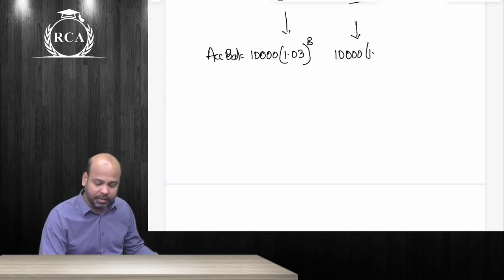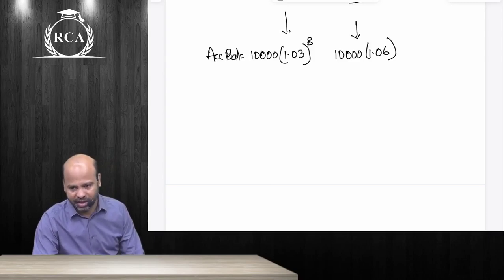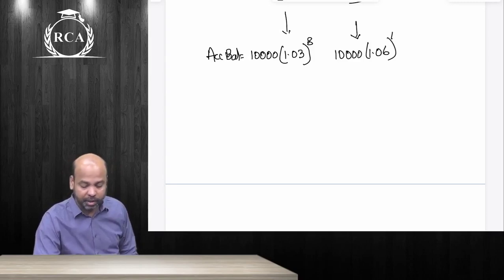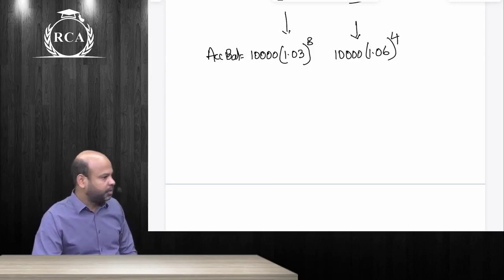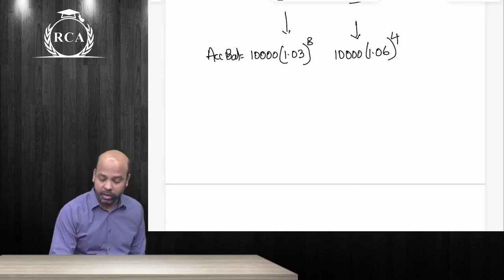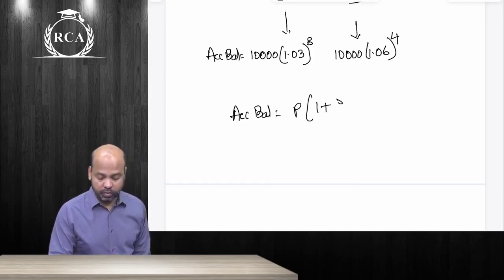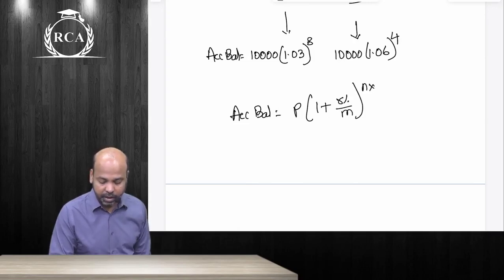So what are we going to write beta here? 10,000 multiplied by 1.06. Are we not computing interest at the rate of 6% beta every time? Whole power, how many periods? Because in a span of 2 years, guys, you will have 4 semi-annual periods. You can write this as what beta? The formula that you've learned in foundation: principal amount into 1 plus r percentage by m whole power n into m.